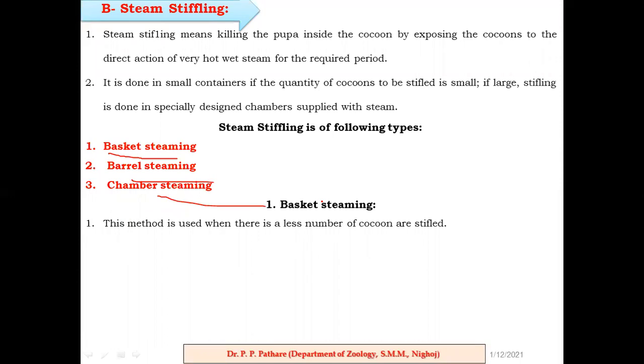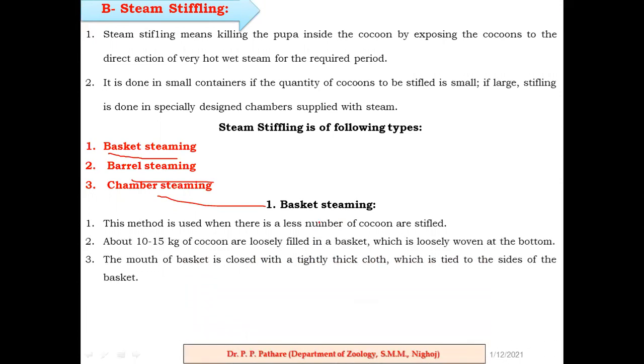So as per the requirement and availability of instruments or equipment, they can easily stipple or dry the cocoon. If the farmer has a very small number of cocoons, for example only about 10 to 50 kg, and you want to stipple 10 to 50 kg of cocoon, at that time you can use this method. It is very good for cocoon drying. In that, 10 to 15 kg can easily be stippled by using this method. This is a very simple method.